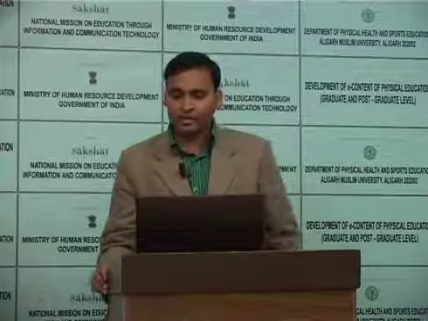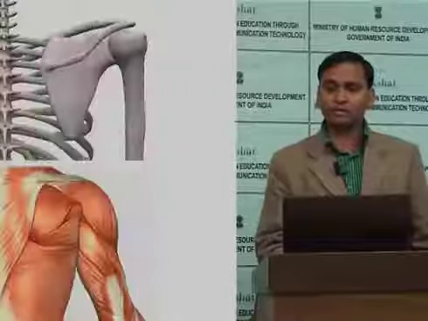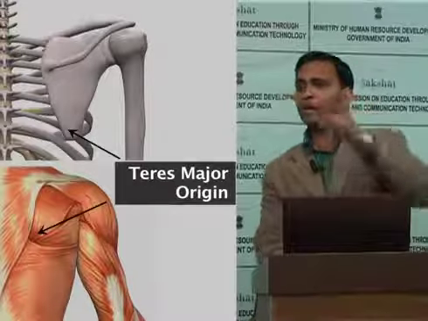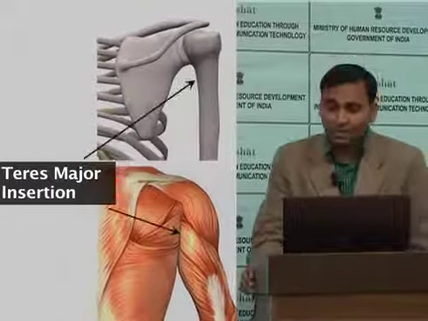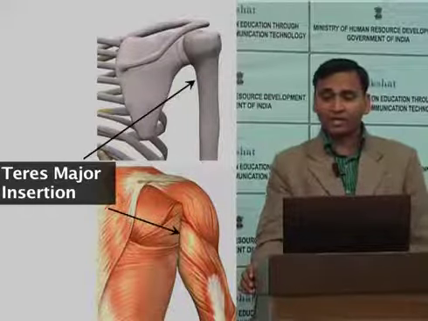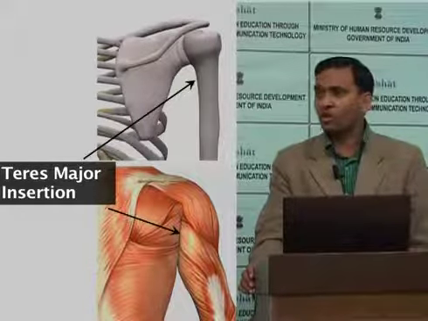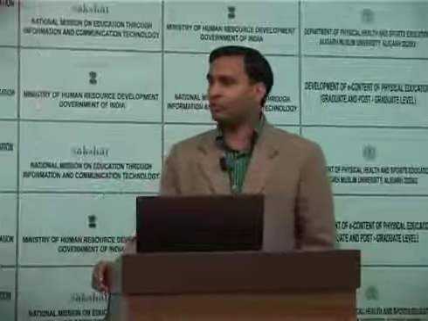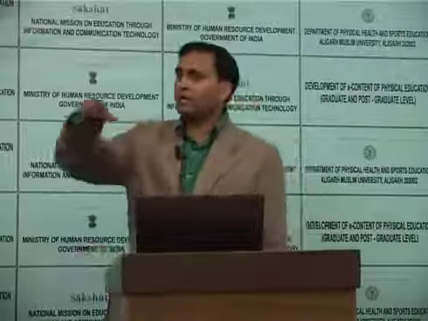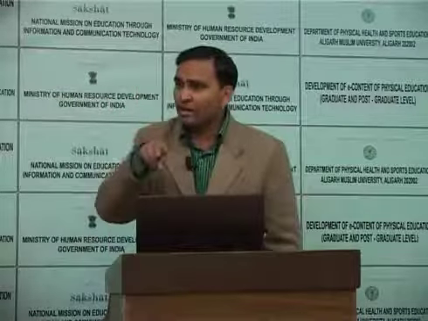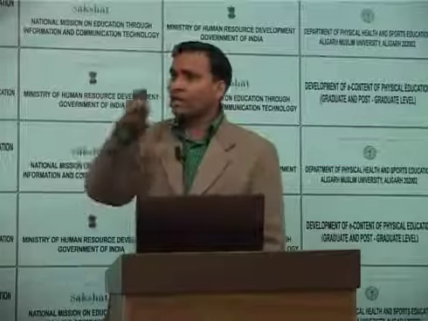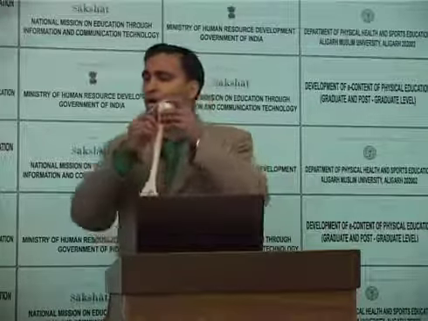So for the teres major, as you can see in the diagram, the origin is near the inferior angle of the scapula. Now come to the insertion. The teres major muscle is inserted by a flattened tendon into the crest of the lesser tubercle of the humerus. We have seen all the anterior and posterior shoulder muscles are inserted over either the greater tubercle or the lesser tubercle. Subscapularis and teres major are both inserted over the lesser tubercle, whereas teres minor, supraspinatus and infraspinatus are inserted over the greater tubercle.